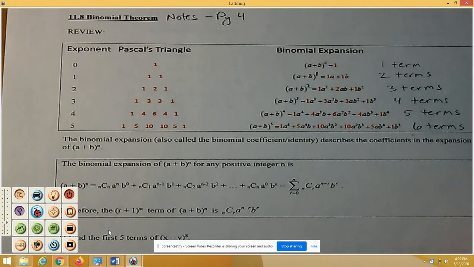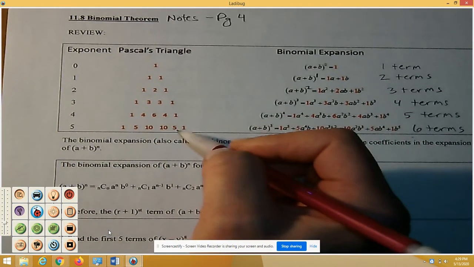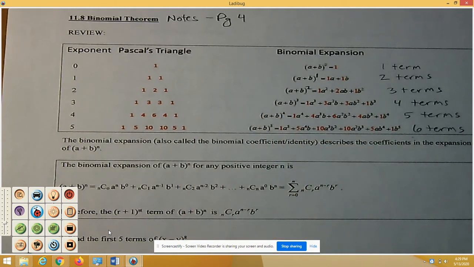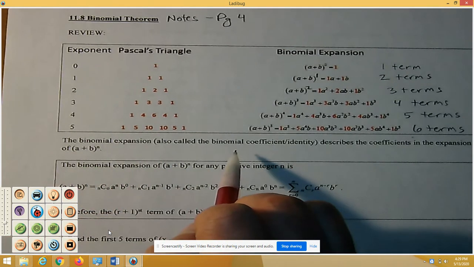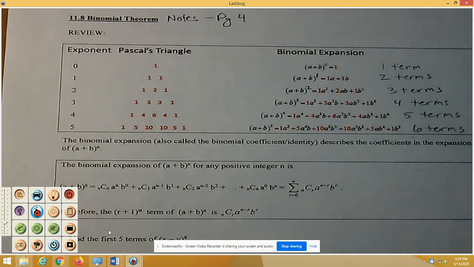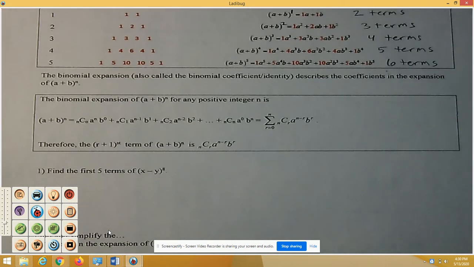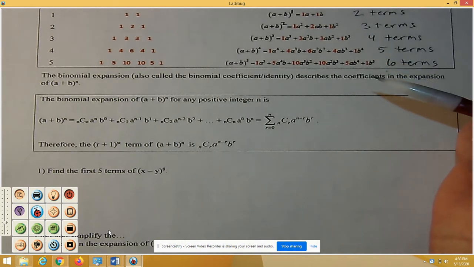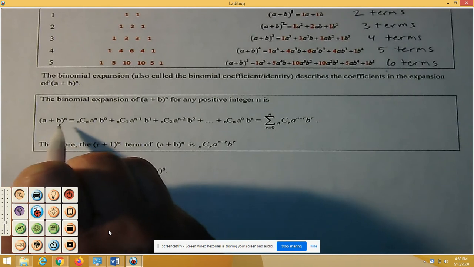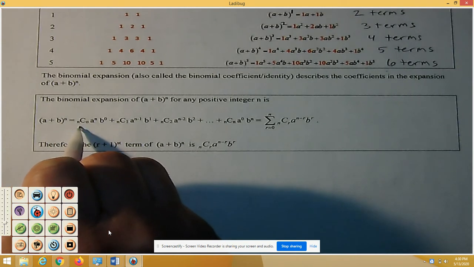There is another way to get any number for the coefficient, and that's using combinations. So we're going to look at that today. The binomial expansion, called the binomial coefficient or identity, describes the coefficients in the expansion of a plus b to the power of n. So the binomial expansion for a plus b to the power of n for any positive integer n is a plus b to the power of n equals